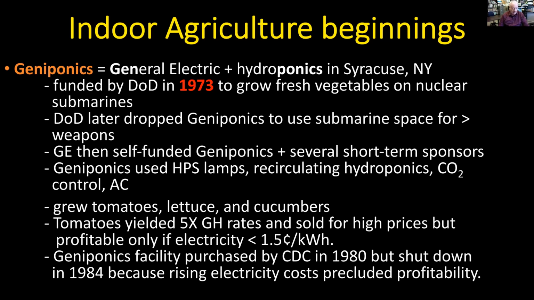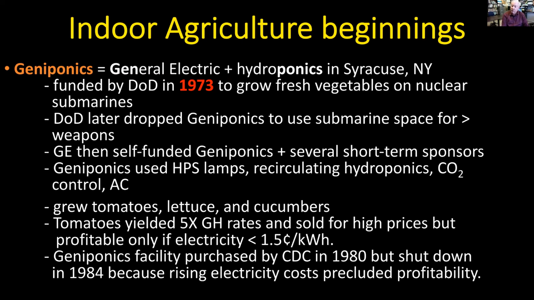Genoponics used HPS lamps, recirculating hydroponics, carbon dioxide control, and air conditioning to grow tomatoes, lettuce, and cucumbers indoors. We're not quite sure whether they had oversized growth chambers or rooms that they configured, but we're still looking into that. They were able to achieve 5-fold higher yield rates than in the field, and high market values, but they